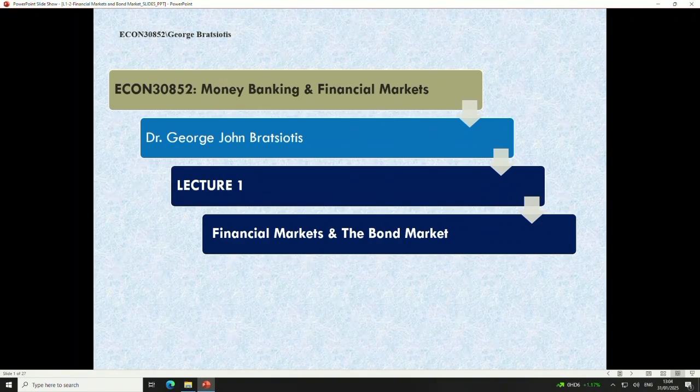The course is not a corporate finance course, right? So we're looking at the interaction of monetary policy and the financial markets. In other words, how central banks can influence the financial markets. Therefore, unless you understand your macro at a very good level, you won't understand what we're talking about, right?